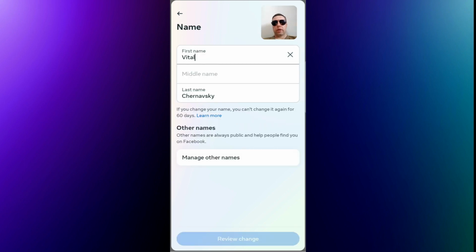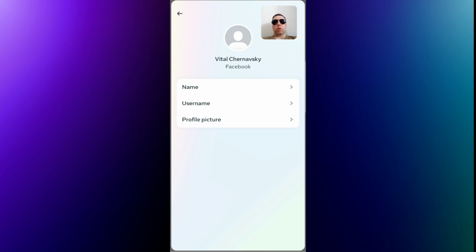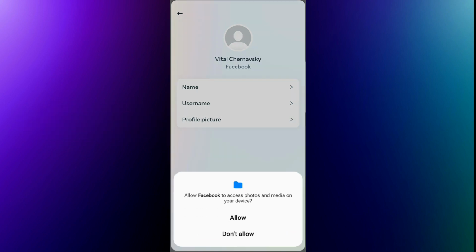Select name and change your name or last name. After that, tap on Preview Change. If you want to change profile picture, tap on it and allow Facebook to access photos and media on your